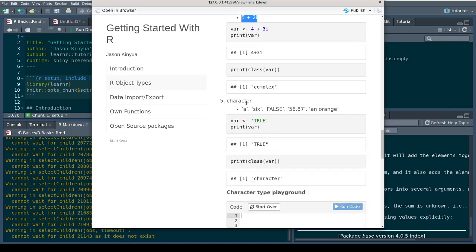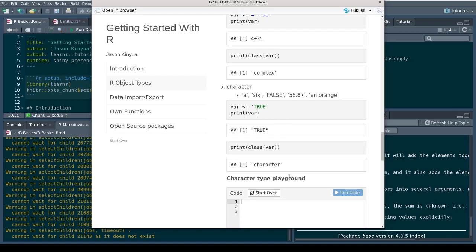In R we don't have strings, we have characters. So this is a character, 6 in quotes is a character, false in quotes is a character, 56.87 in quotes is a character, and orange or a boy went somewhere, that is a character, not a string. We don't have strings in R.